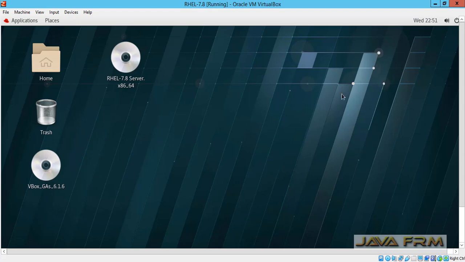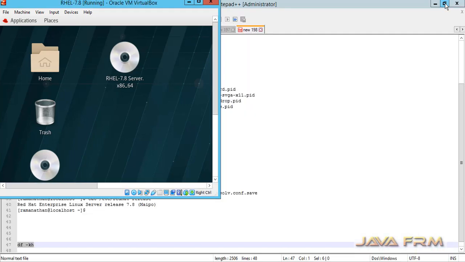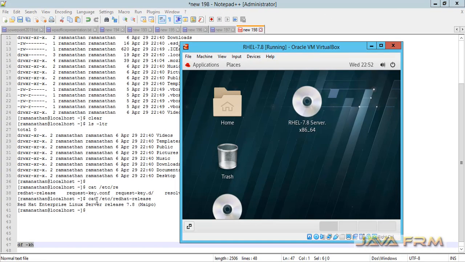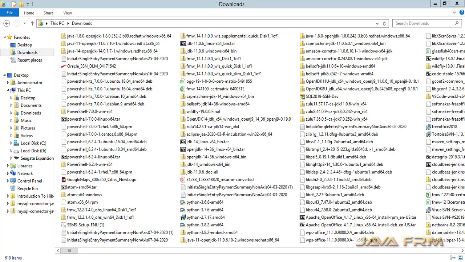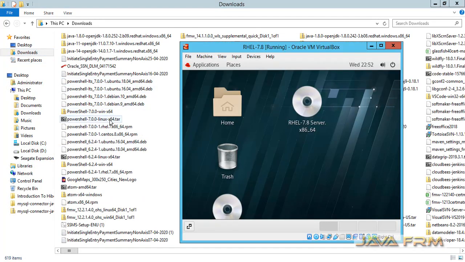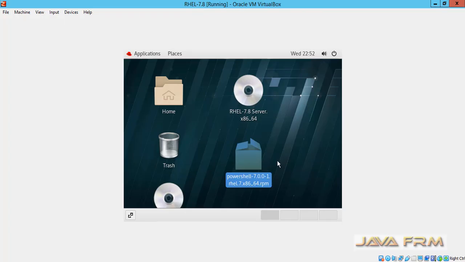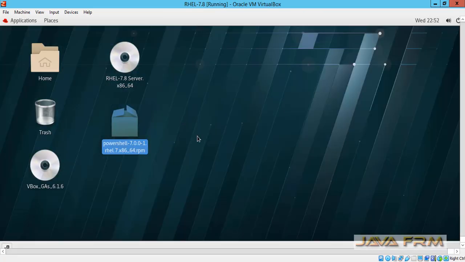Now let us check the drag and drop feature. I am going to drag and drop one file from the Windows host machine to the Red Hat Enterprise Linux 7.8 virtual machine. Yes, it is successful.